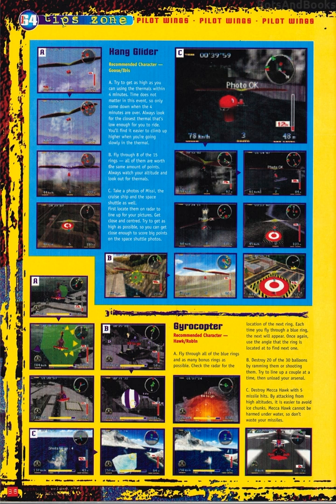The next page dives into more Pilotwings 64 tips, starting with the hang glider. For staying aloft, the best bet is Goose or Ibis, finding those thermals to gain altitude in Task A. Don't worry about the clock here, just get high. Task B has you weaving through 8 rings for points, so keep an eye on your altitude and scout for